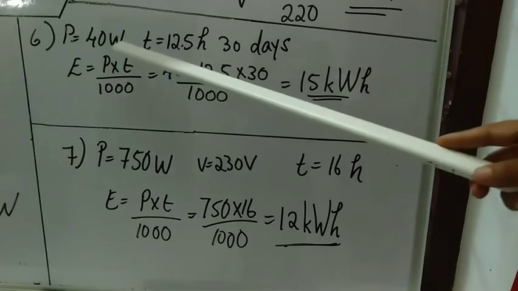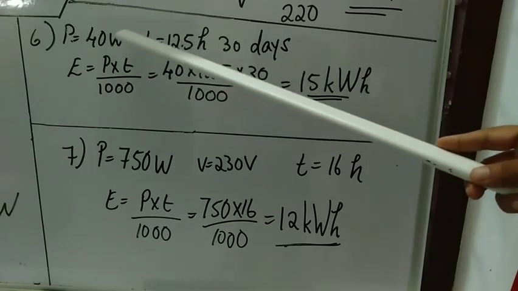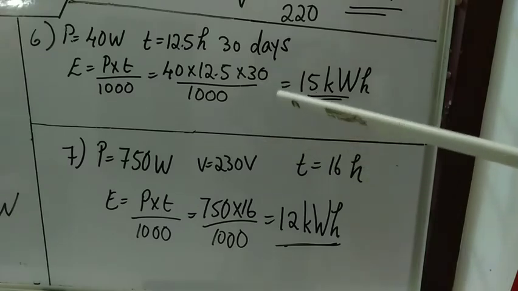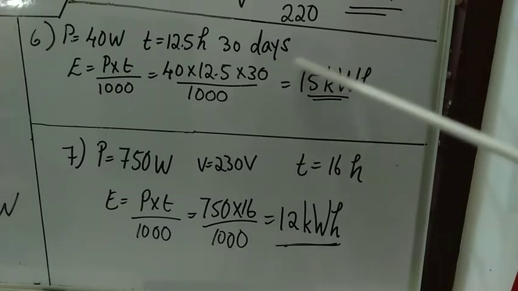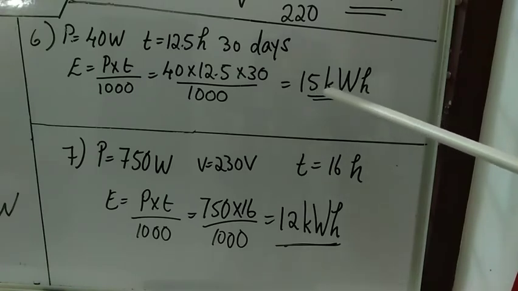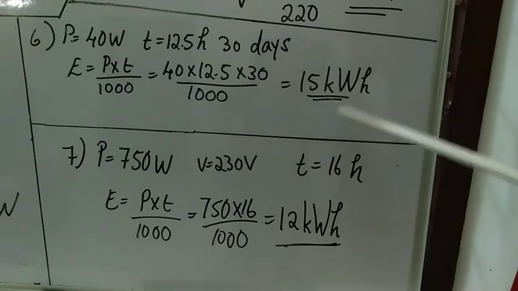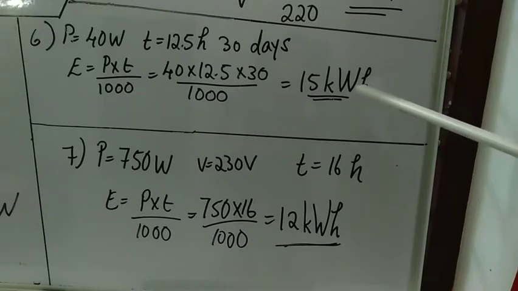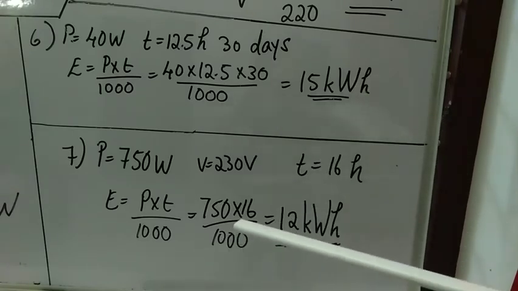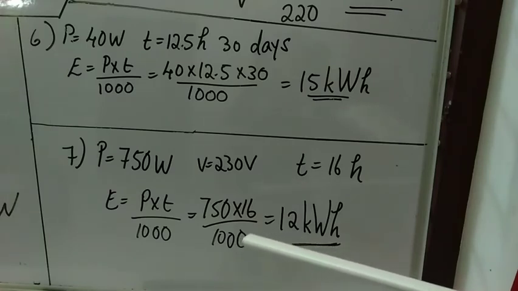In the formula we are substituting in watt, but by 1000 means directly it is changing to kilowatt. So the SI unit of electrical energy is kilowatt hour. Here kilo, k should be small letter, W should be capital letter, name of the scientist, and h should be small letter. Next, question number 7.